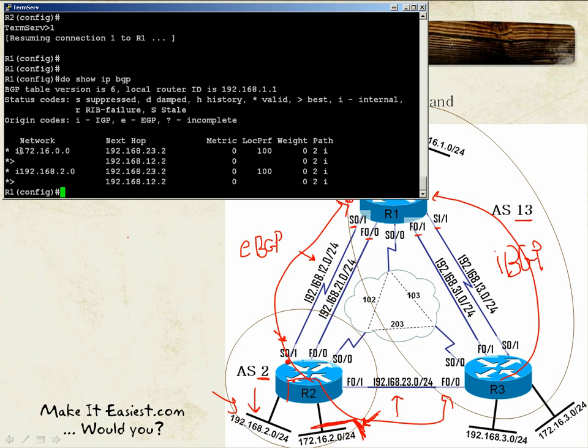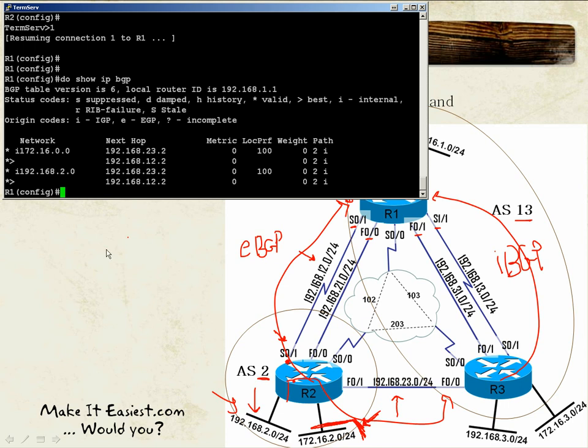One of them learned through an internal BGP relationship or neighbor, and the other one came from another neighbor, and it is considered the best. Okay, so this is one solution